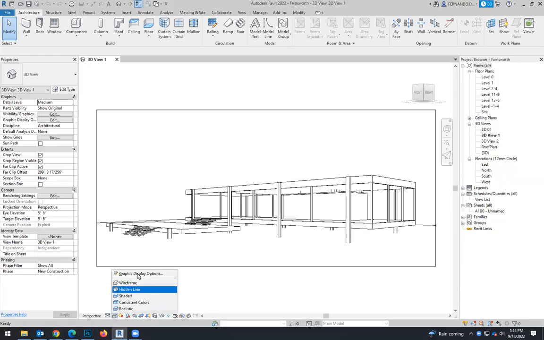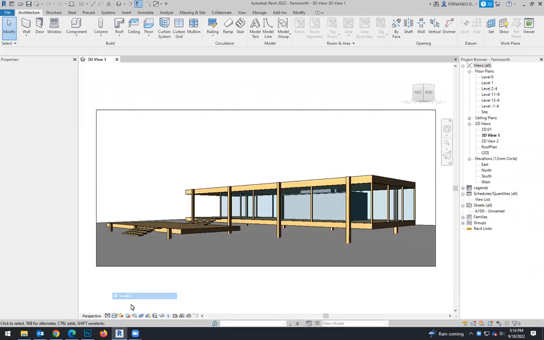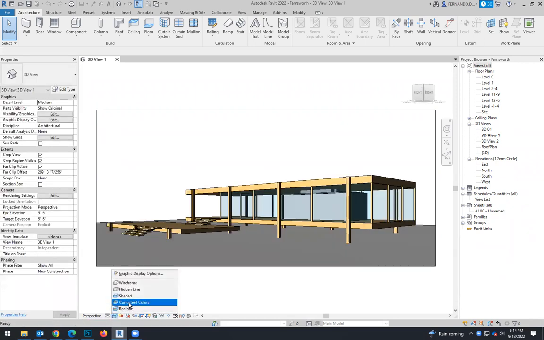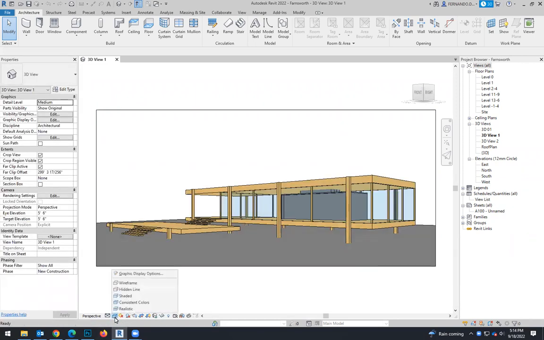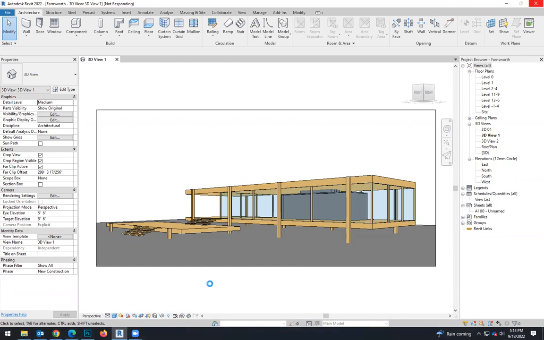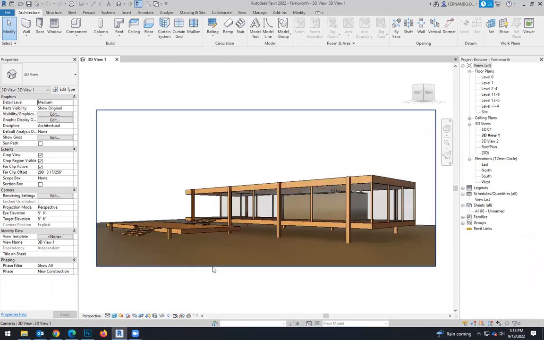Let's try these graphic display options. We have the hidden line by default, and then we have shaded, consistent colors, and realistic colors. Okay. So let's try, because if we go to graphic display options,